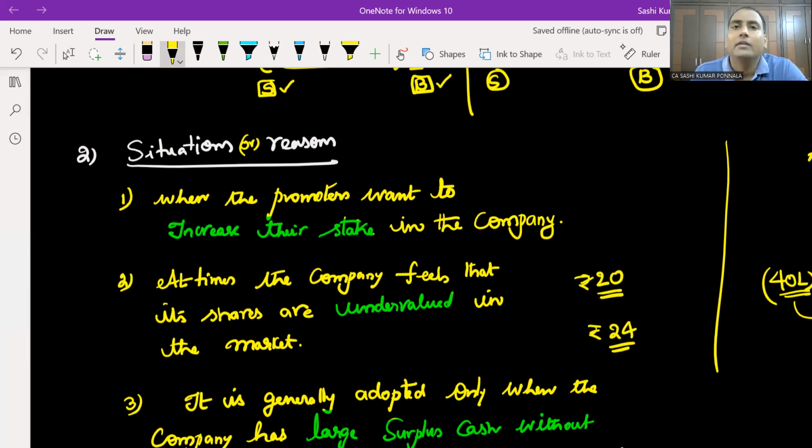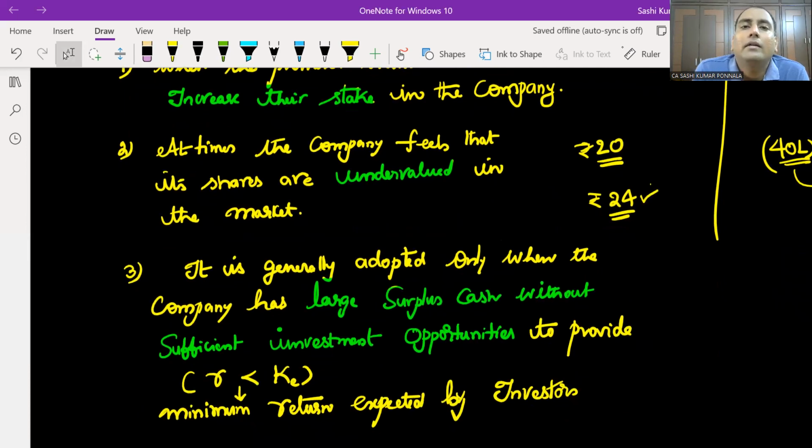Then what do they do? They start buying the securities from the outsiders. When the companies start purchasing the securities from the investors, it automatically creates demand for the security in the market. When the demand increases, the price of the security will increase. So at one point of time, the price of the security will reach its fair value or equilibrium value, which is required by the company. So this is another purpose of buyback of shares. Third one,